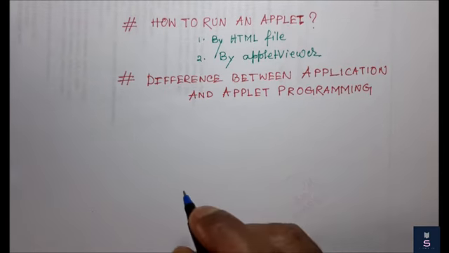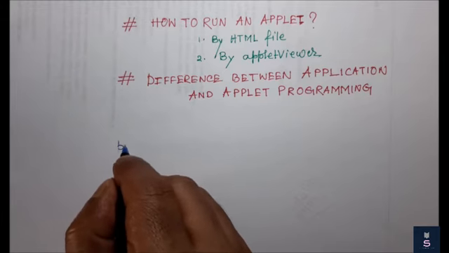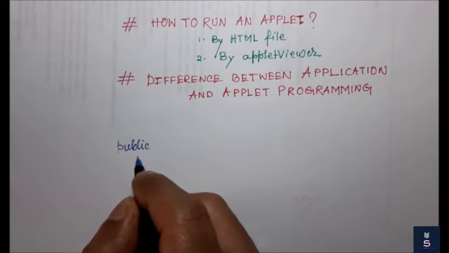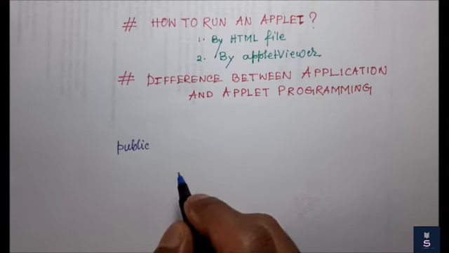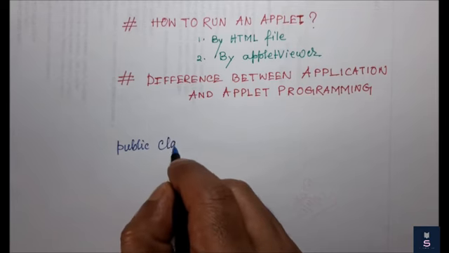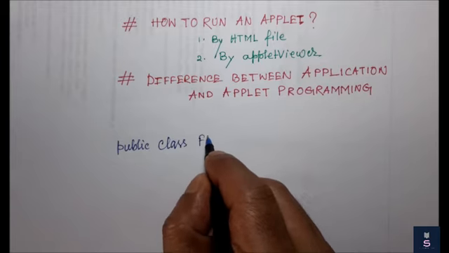Okay. So, we know that every applet class extends the Applet class itself. If I write my own applet class, that class must extend from the Applet class. So, let me write the first class. An applet class must always be public, because it runs at the client side. So, public class, for example, the class name is first,